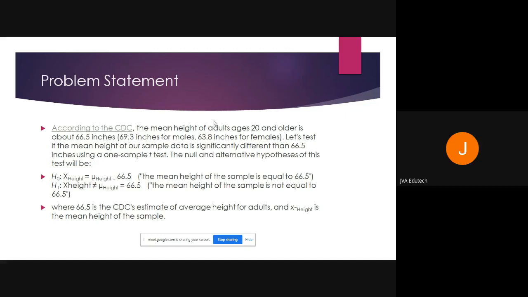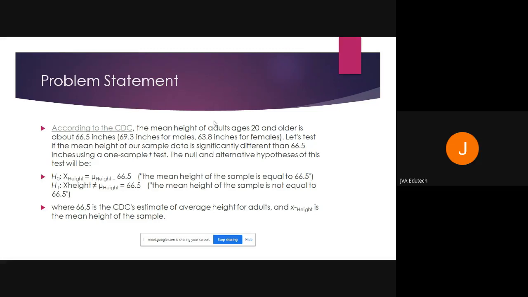So our null hypothesis will be that the mean height of the population is equal to 66.5. So normally you write that there is no significant difference between both the heights, or normally we write there is no significant difference between x1 and x2. This means that they are equal. Both the observations from the population and from the sample are equal. So in our case, we will write like this.